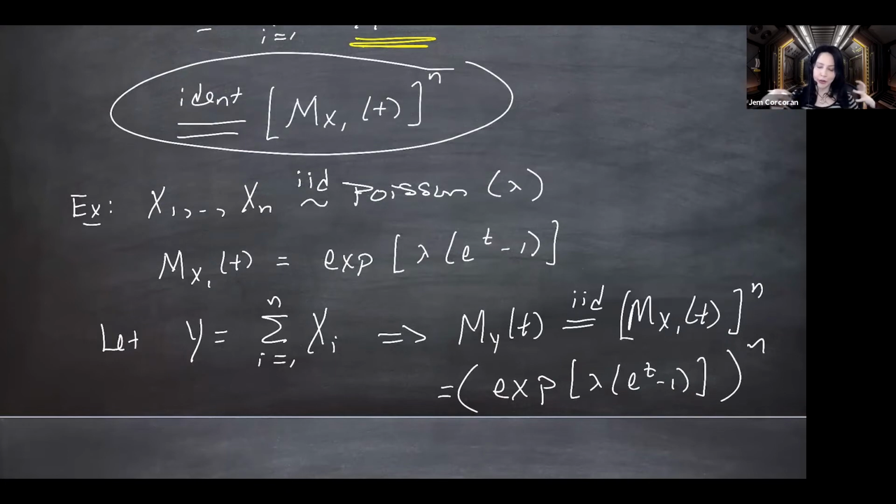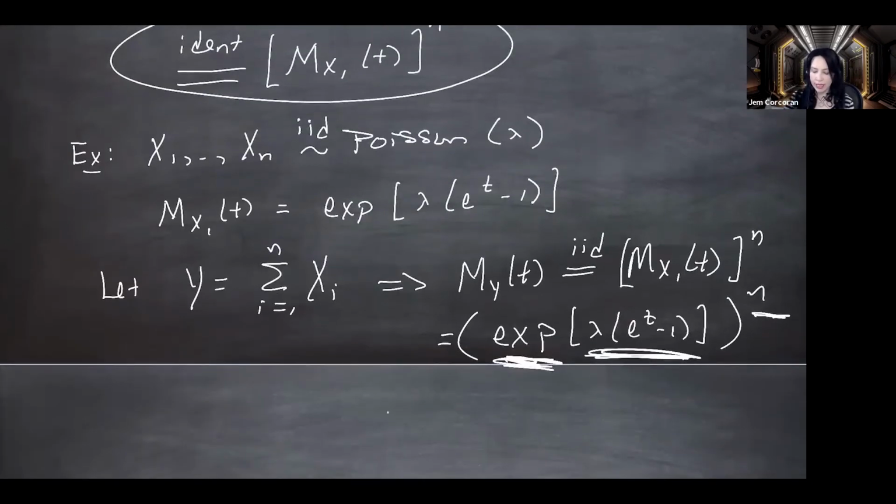And when you raise something to a power and then to another power, you do get to multiply the exponents. This is exp of this thing raised to this power, which is then raised to this power. And so we get exp of n lambda (e to the t minus 1),